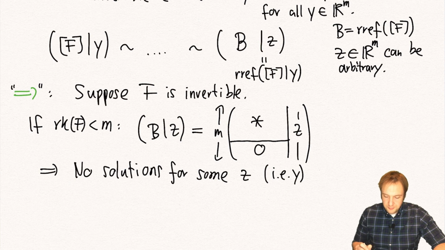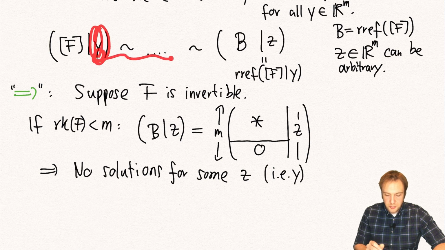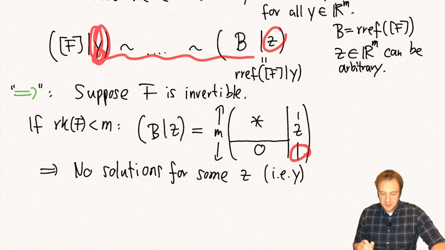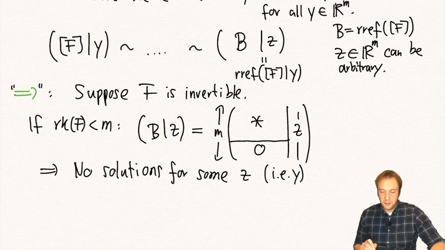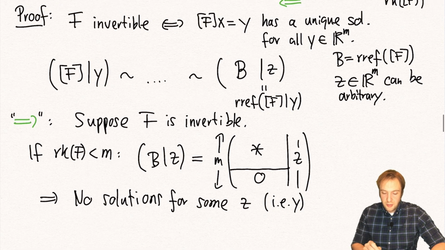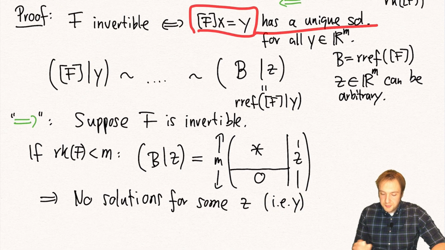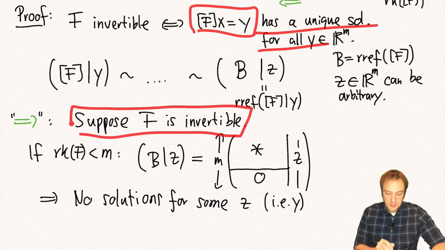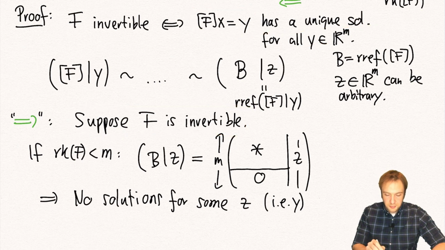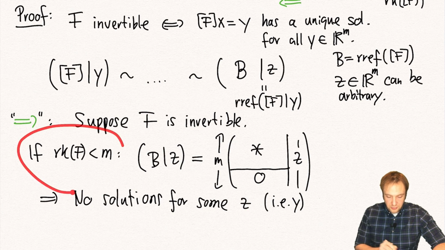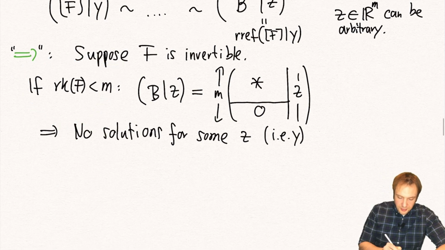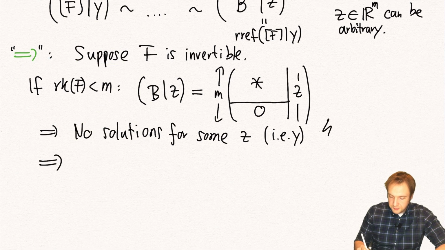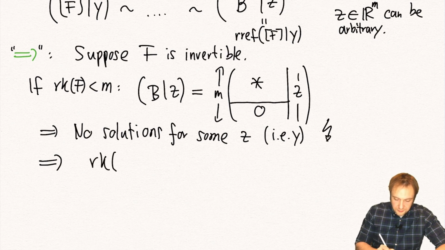If there's a z with some entry here, then I can also find a y which will lead to this z with some entry here, and then for this y we will not have a unique solution of this linear system here. But this is a contradiction to the assumption that this f is invertible, and therefore this cannot be the case. Therefore, this is a contradiction, and therefore we see that the rank of f actually needs to be